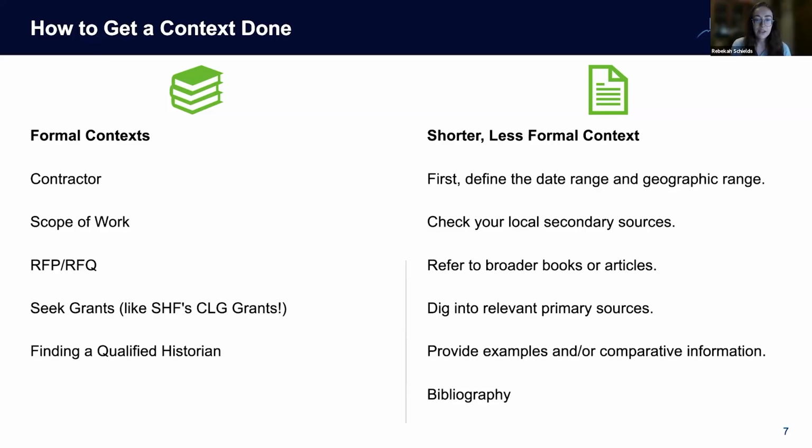So once you understand these larger trends and narratives, dig into your relevant primary sources. That might be census data or city directories or newspapers. That primary source information can help you confirm or refute those general observations that you've already made from your secondary source research. In my example, many of the secondary sources I looked at talked about the movement of car dealerships away from crowded downtowns to the edges of the city in the 1940s.